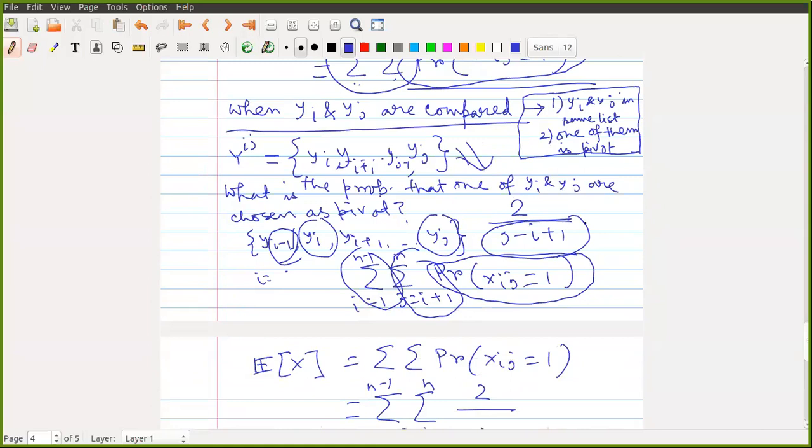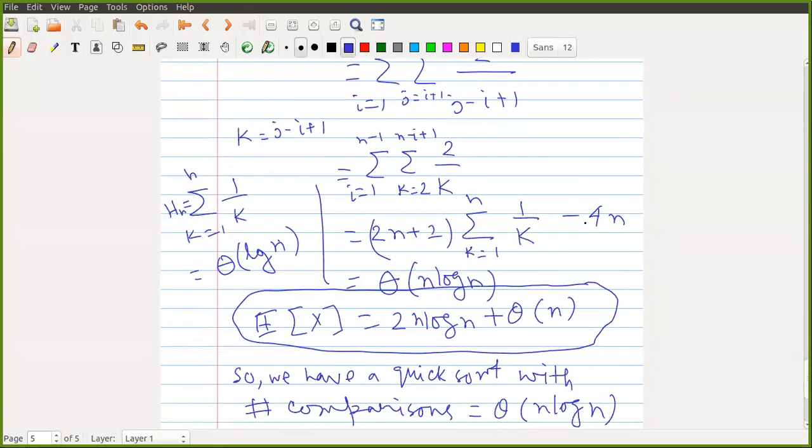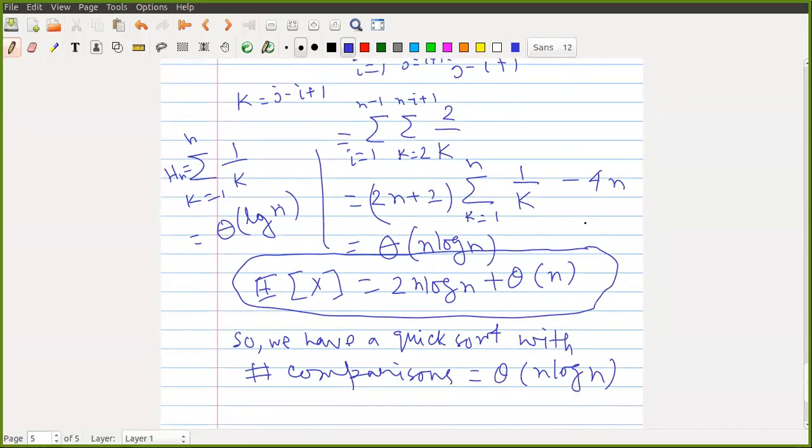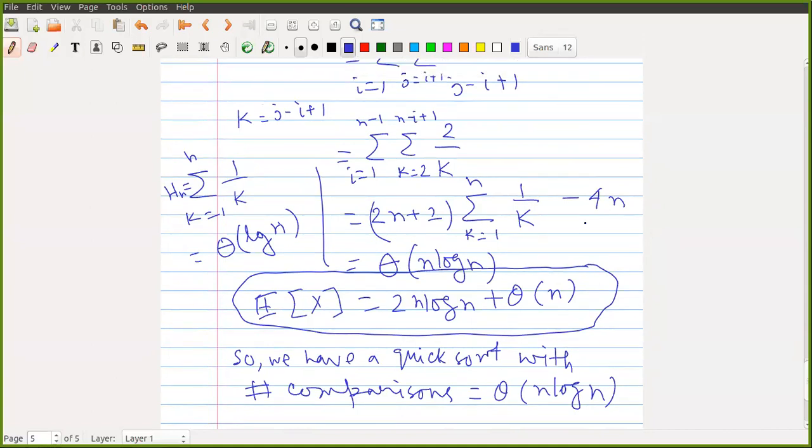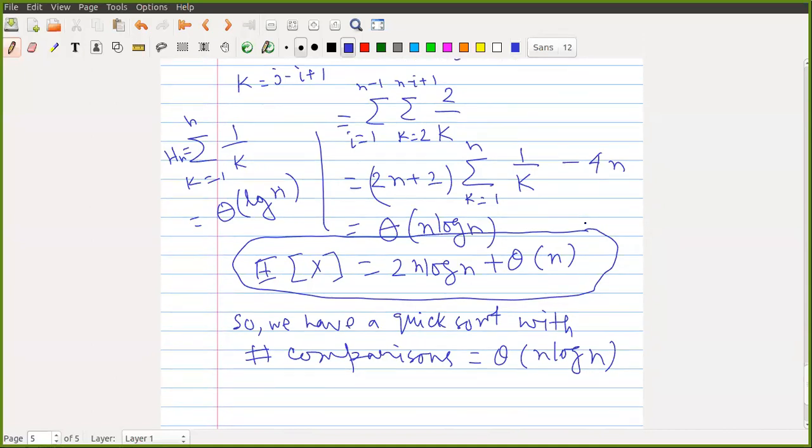It's pretty common to feel intimidated when you see this proof for the first time. It's perfectly okay, but I hope you understand the broad idea of how we are analyzing randomized quicksort